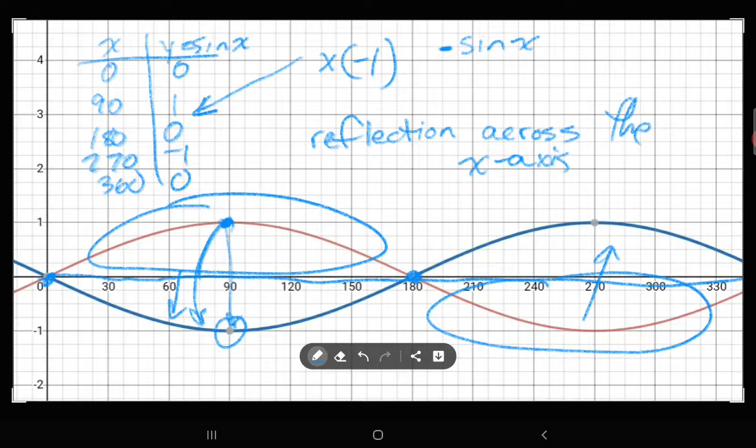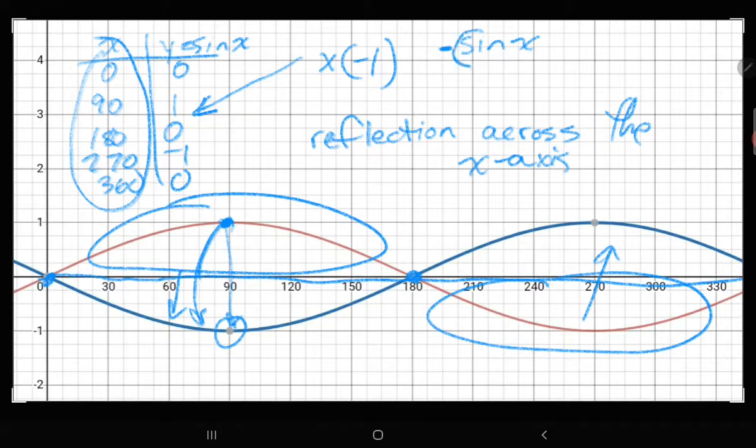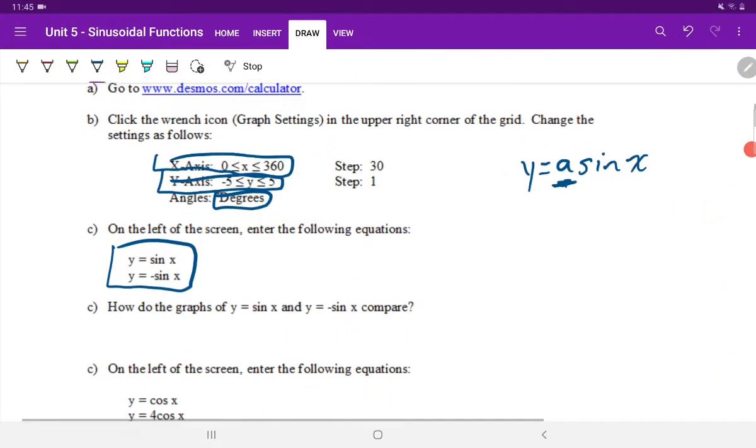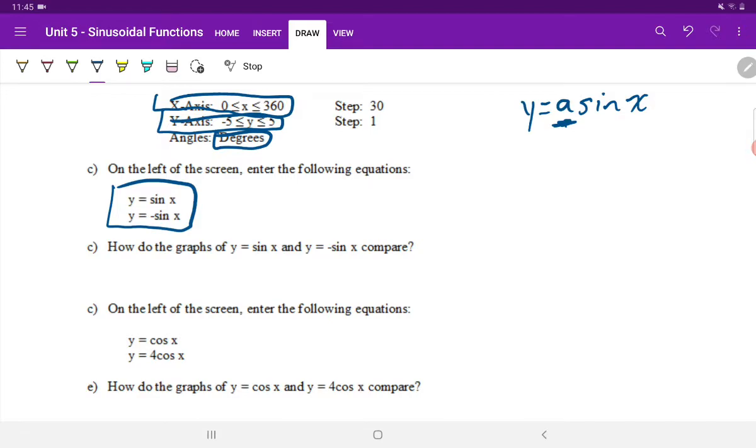And you can see that our x values have not been affected. Our x values are staying the same. The only thing that's changing is you're finding sine of x, so you're finding your y and then multiplying it by negative 1. And so all that's changing are your y's. All right, and that's important to note. So how do the graphs of y equals sine x and y equals negative sine x